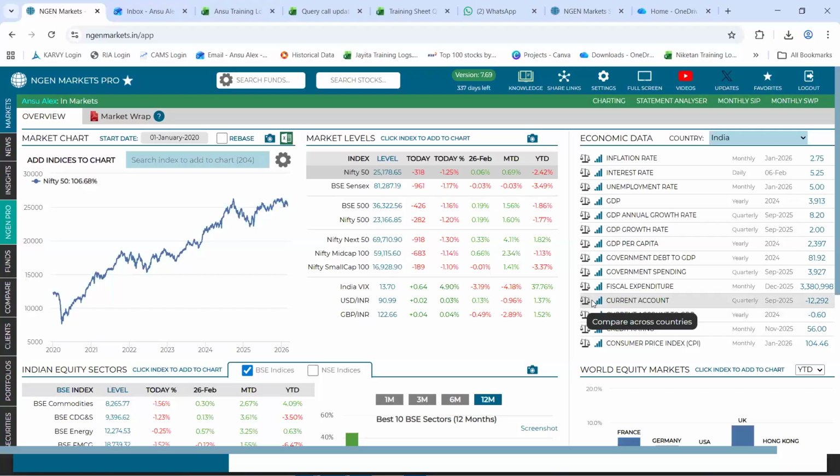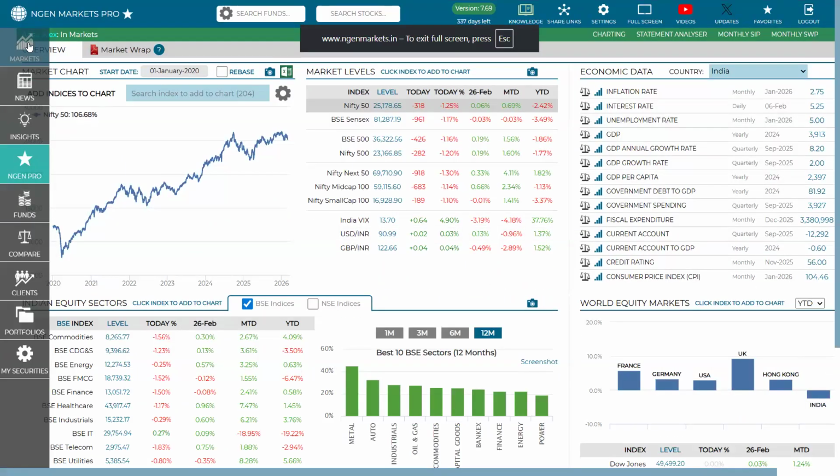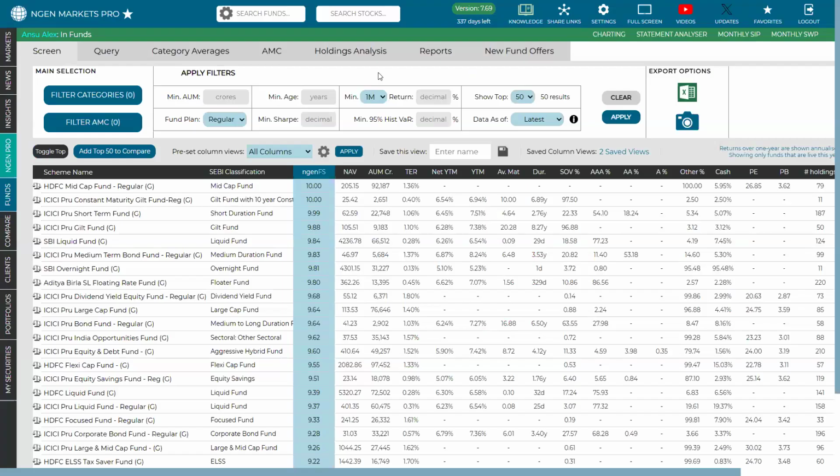So this is our landing page on Engine Markets, which is the Markets tab. Now, for our topic related webinar, we will be moving towards this fifth tab after Engine Pro, called the Funds tab. Now, in the Funds section, on top, you get to see this fifth tab called Holding Analysis.